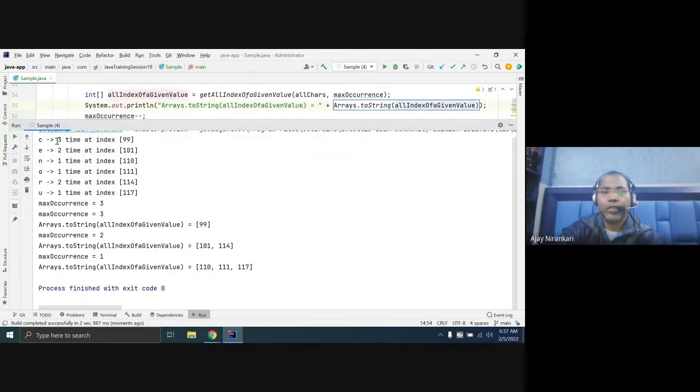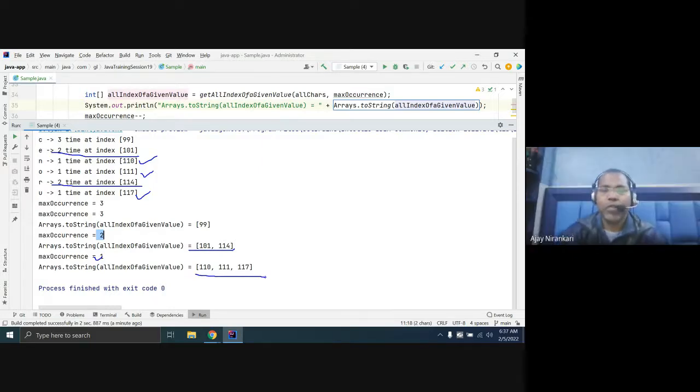Whenever I pass input 3 here, they give me the index 99. If I pass 2, they give me the array of these two positions, 2 has 101 and 2 has 140. And whenever I pass one as input, they return me this one, this one, and this one. Till now, any doubt?